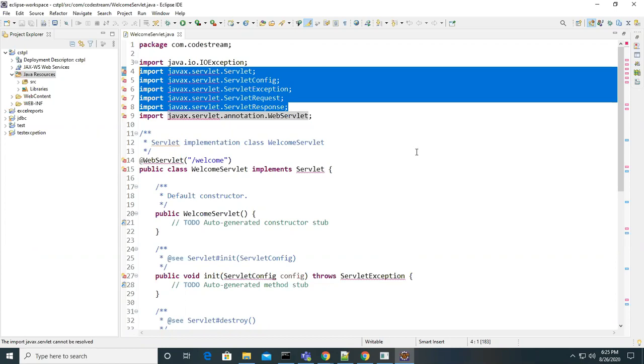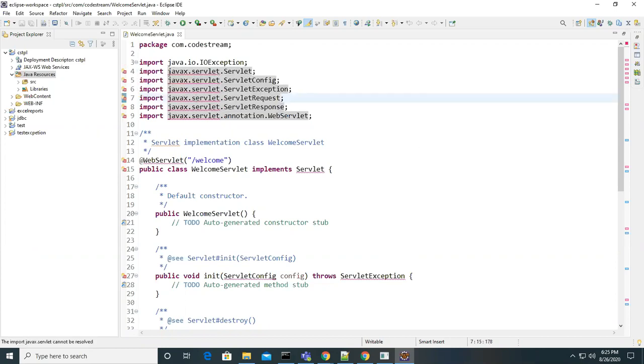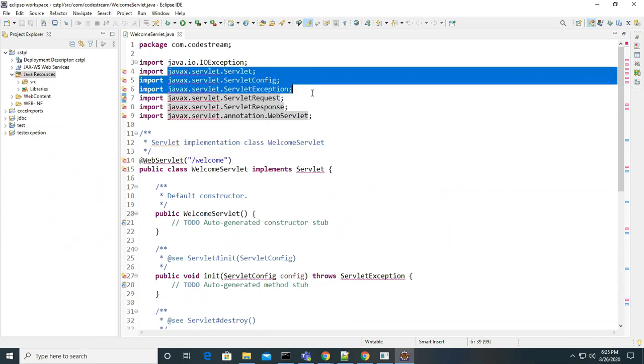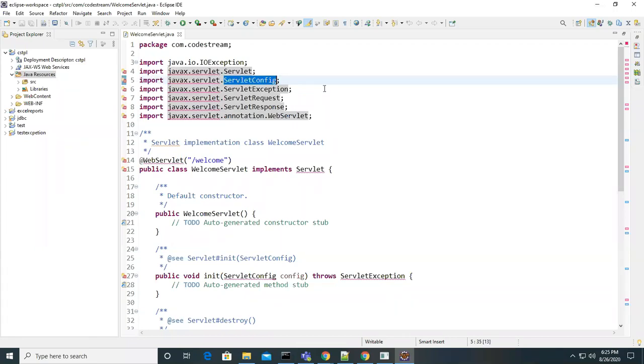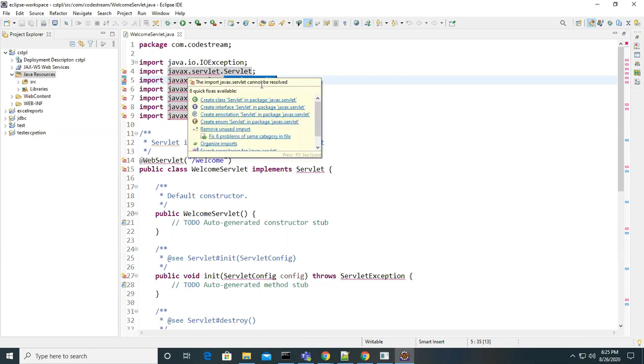Set paths. No, my straightforward question is, these are all some interfaces, right? Where are these interfaces available? From where can you get all those things? Where is this Java package and interface? javax.servlet, sir. Yeah, that package, where is it available? The compiler is saying that it doesn't know what this javax.servlet is. That is what the error says: import javax cannot be resolved.